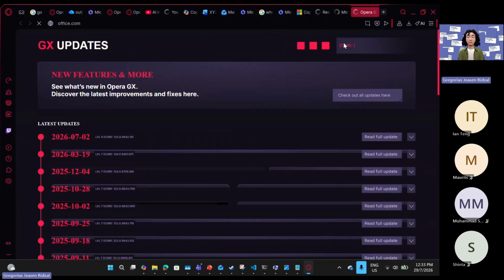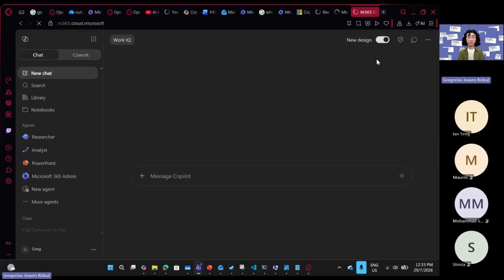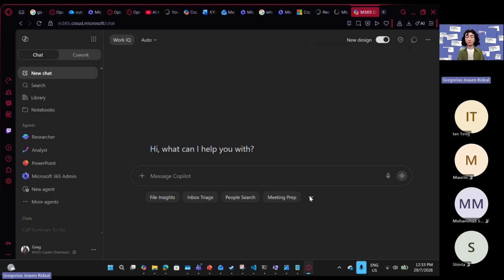So this is what we've been showing in the past few weeks, the first few months. If any of you are interested in how AI works in your Excel, Word, PowerPoint, check out those sessions. But those are paid tools, I have to emphasize, right? So over here, enterprise data protection. It won't hover for me, but just know that it's there. And I think this one you couldn't share, right? Let's see.